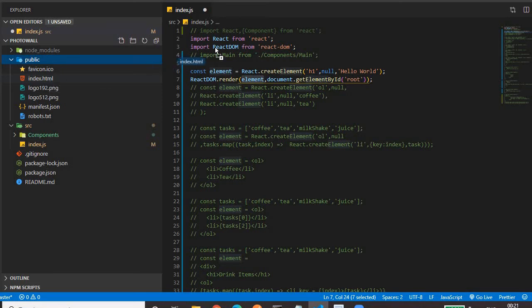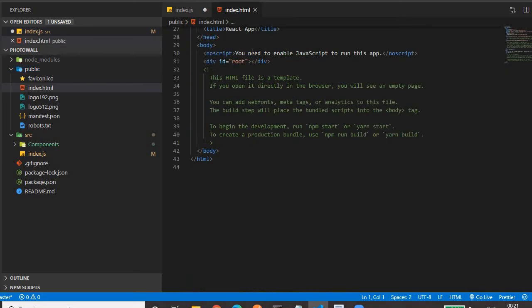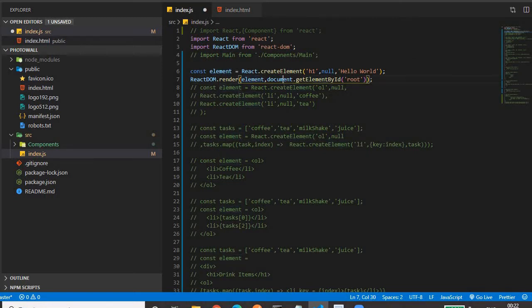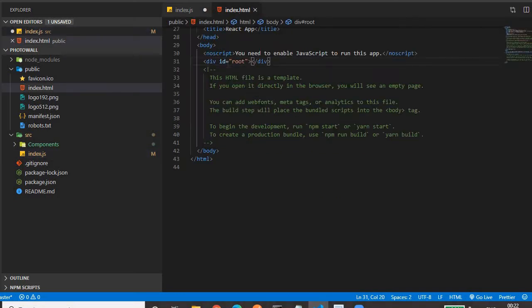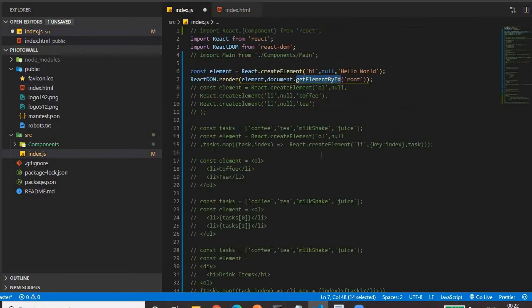As I already mentioned, everything will be rendered in the index.html page. It is our main template. In the index.html page, if you see within the body tag, we have a div tag having id as root. All the content will be rendered within this div tag. So how can we access this div tag having id equal to root? For accessing that, we use simple JavaScript code, document.getElementById. Why element by id? Because we are given an id. If it's a class, then getElementsByClassName is to be used. So getElementById, then root, which is the id name.